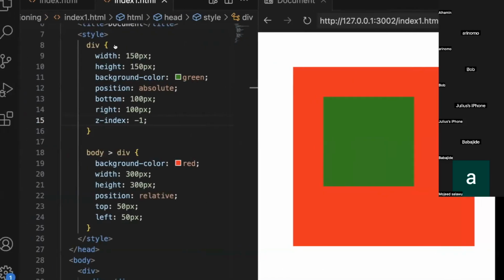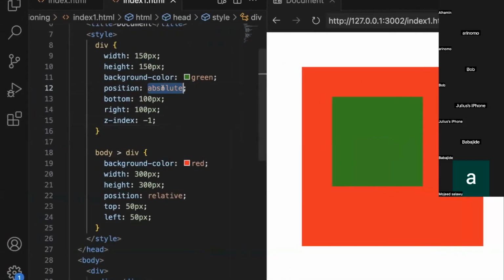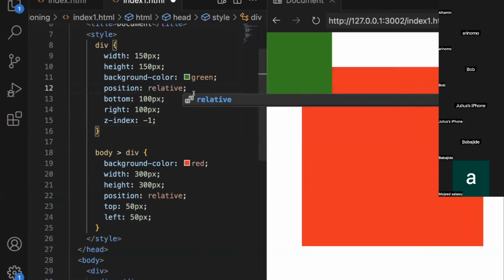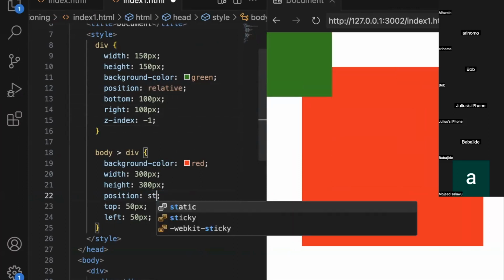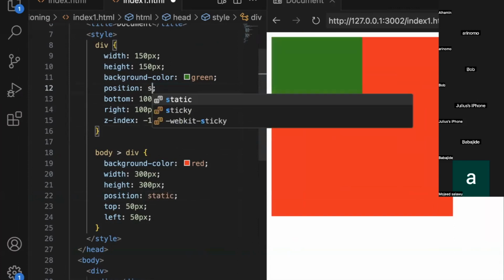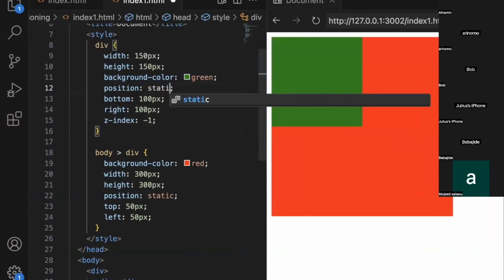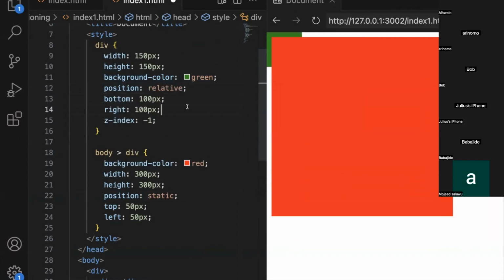So if I go here and change both of them to be relative, nothing changes. So if I change this to static, change this to static as well. If I change this to 10 or 1, it comes forward. If I change the minus, it goes backwards. So what is the problem? Okay, so I think my problem is the positioning thing that is not really functioning the way it should function. But right now, what I'm trying to explain here is